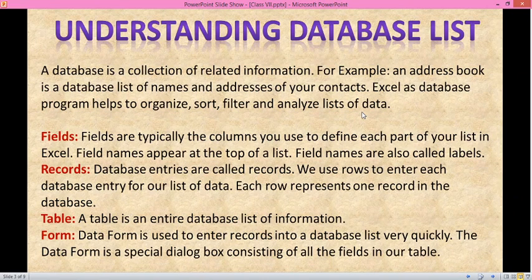Now let's understand the basic terms related to the database. Fields. Fields are considered as the vertical part of table, that is columns. At the top of each field, a name is written which specifies the type of entries to be made. Such names are considered as field names or labels. Second is records. All the entries made in database are considered as records. Therefore, a row in a table is known as a record.